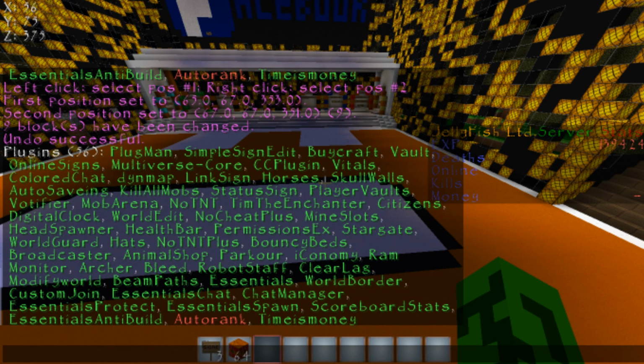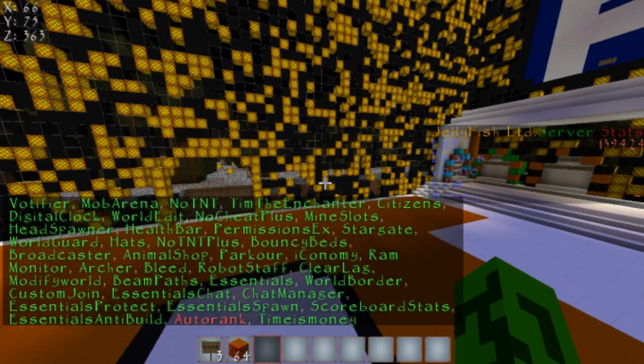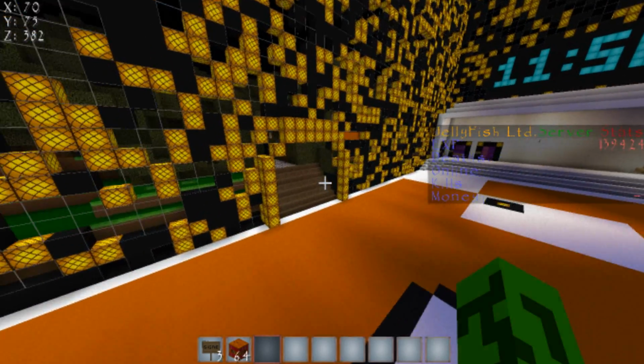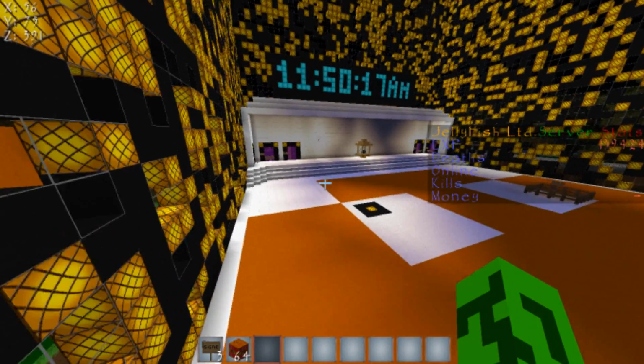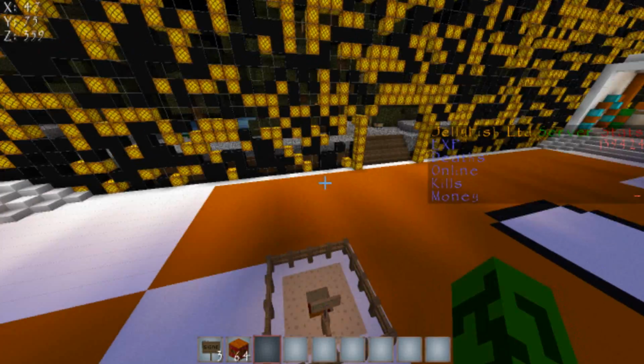Anyway, let's go on. We're only like halfway through this stuff. So, we got NoCheat Plus, which is really cool. Pretty much it stops a heap of different cheaters. Like Notch. Is it Notch? I think it's Notch. That hack client. Anyway, yeah, it stops that. It stops like